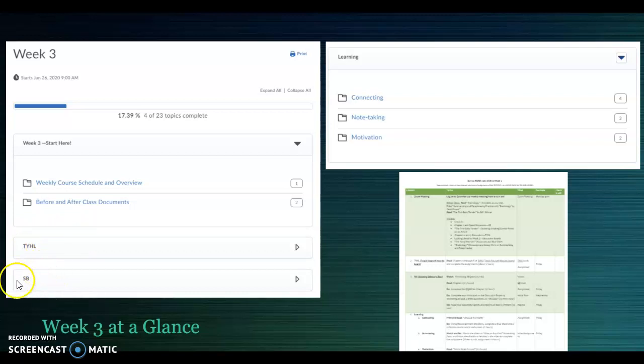You'll have a chapter in Opening Skinner's Box that you'll read with a QQMS assignment. This week you also have a discussion board. And then in the learning folder, just like always, there are 3 subfolders: connecting, note-taking, and this week motivation, which connects directly to Teach Yourself How to Learn. The note-taking folder is some background information you'll use before you read Skinner's Box. And then connecting kind of stitches everything together, so maybe do that one last.